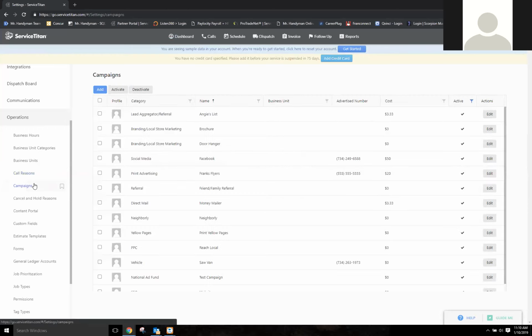Campaigns. This is where you're going to manage all the marketing campaigns you create in ServiceTitan. Again, there will be a pre-populated number of campaigns for you. But one of the things that you're going to be able to do within those specific campaigns that are already pre-populated is put an advertised phone number in there if you have purchased a campaign number, as well as manage the cost of those different campaign sources, allowing you in the reporting section of campaign reports to get a true ROI